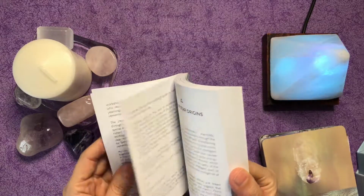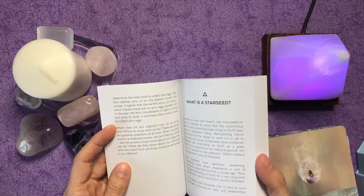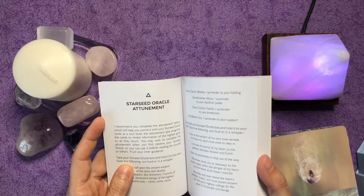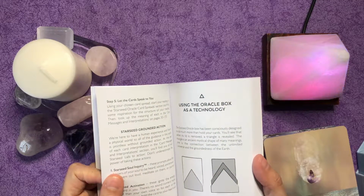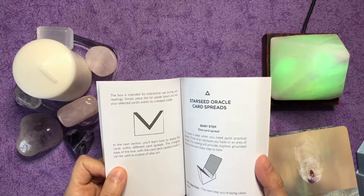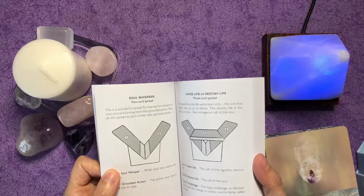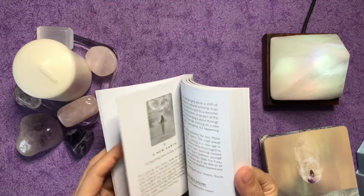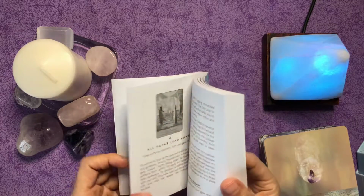There is some wonderful content in this book. I like also the way Rebecca Campbell writes. There's a Starseed Oracle attunement, and there's a wonderful way how to use this triangular box with your readings, which is quite unique. You get more fancy with more cards, and how to use the lid of the box. Black and white pictures, small black and white pictures,